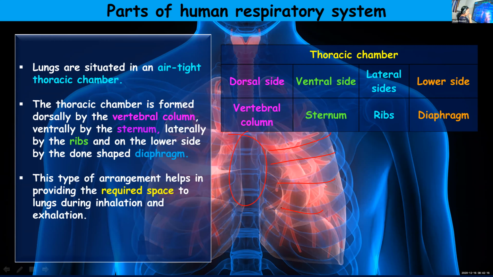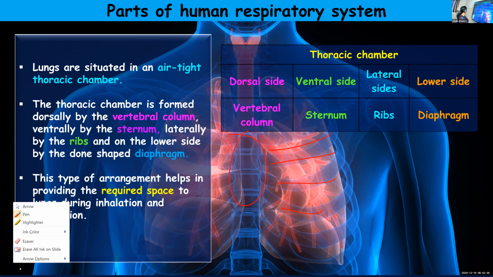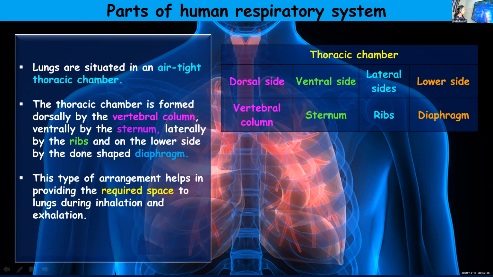I think what we are seeing here is not a clear picture. A portion of the vertebral column is also seen. Where the ribs are getting attached in the front, that is the sternum or breastbone. At the back, they are attached to the vertebral column, and when they come to the front, they get attached to the breastbone or the sternum, except the floating ribs. You have learned about floating ribs. If not, you will be learning in the next chapter. We have to learn about the skeletal system. There we'll be learning it in detail.